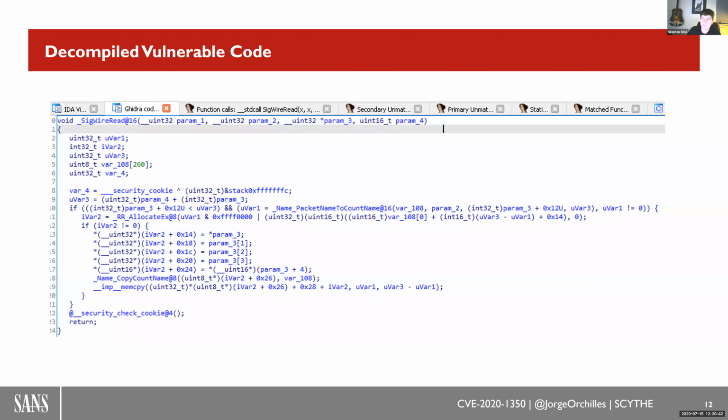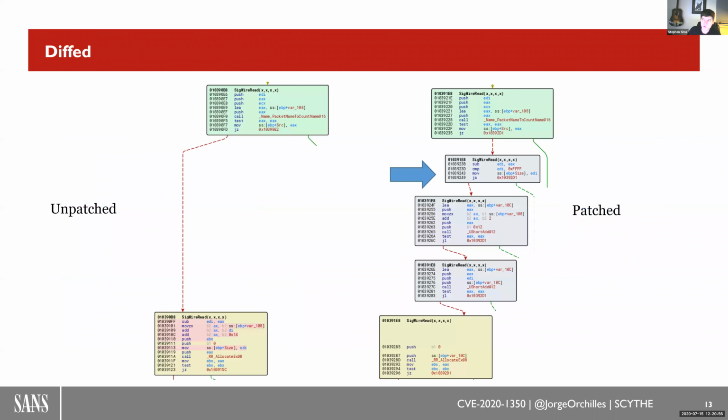So since the allocation was very small due to the overflow in the integer, we can then do a memcopy size that's greater than what was allocated. And that's going to allow us to write out of bounds on the heap. Now, if you can skip forward, in the actual